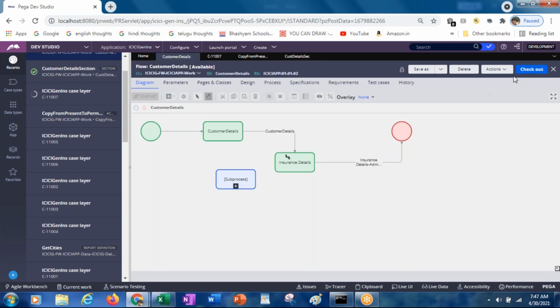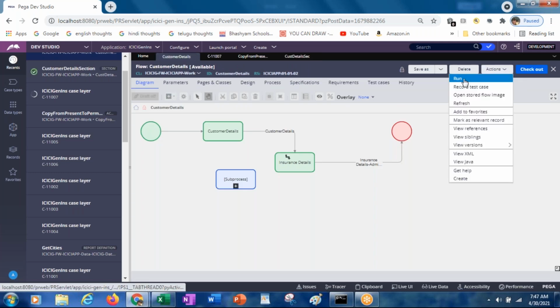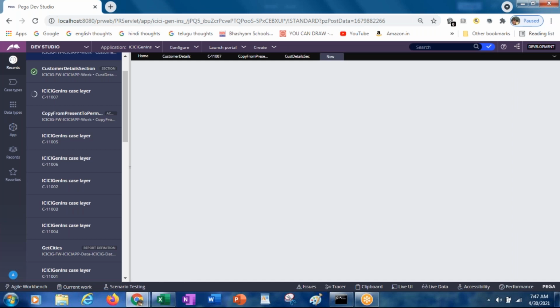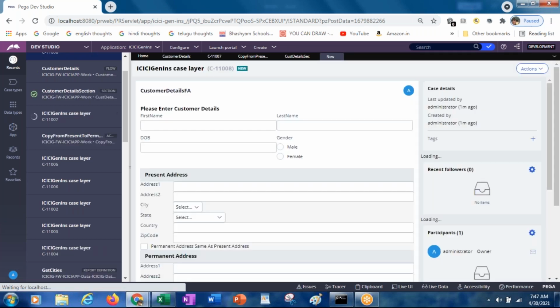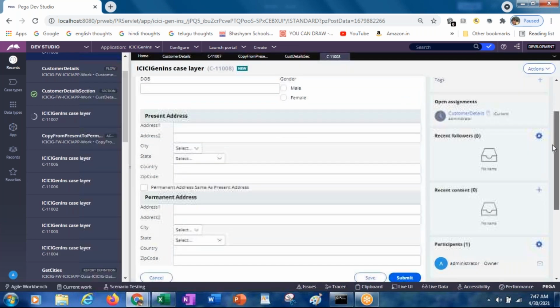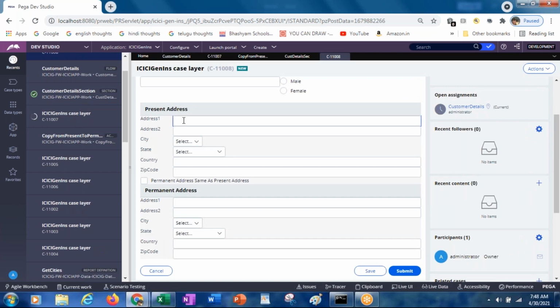Now if you create the case and type some values, if you select permanent address same as present address, it is not copying the values.